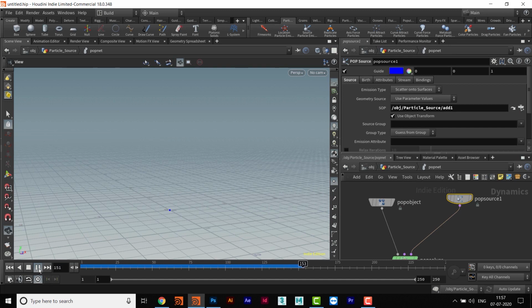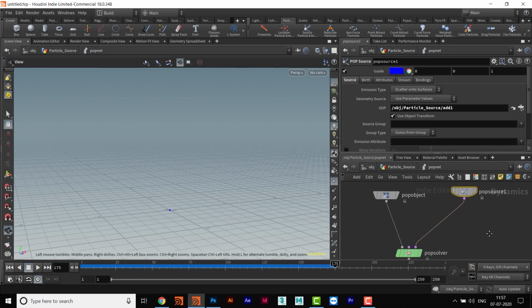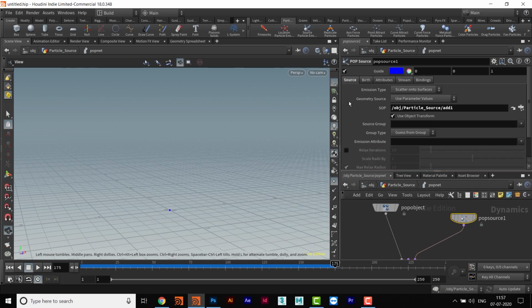So why are the particles not coming? The particles are not coming because now we have added this source value, and the particles are scattered onto a surface, and we don't have any kind of surface here. We have just a point. So I will have to change the emission type here.